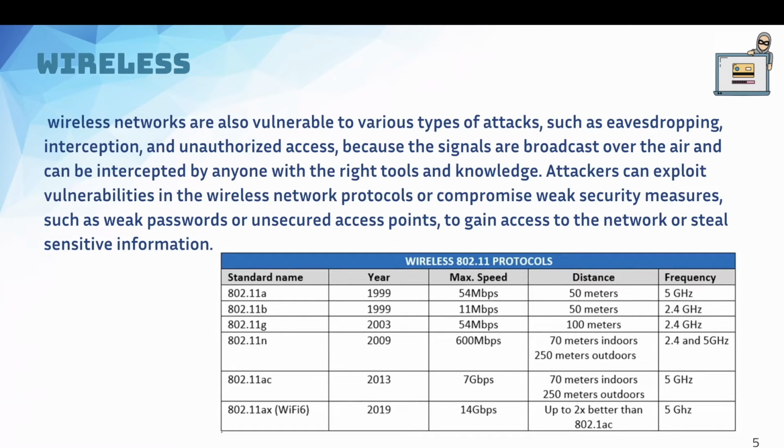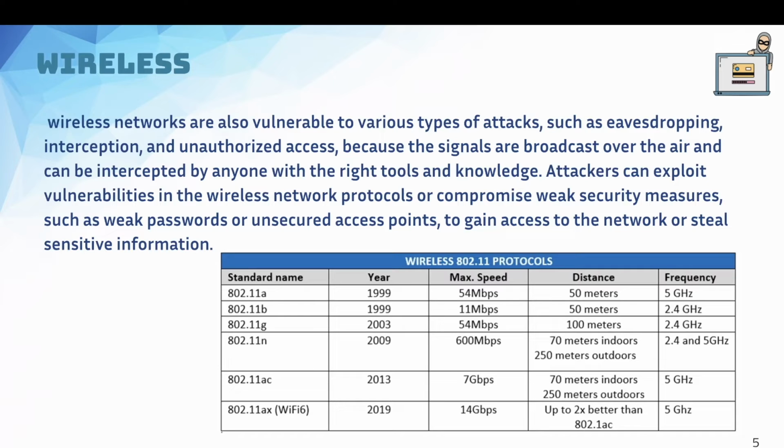802.11a, b, and later on we had g, introduced in 2003. In 2009 we have the n version introduced, which upped the max speed all the way up to 600 megabits per second with a distance of 70 meters indoors or 250 meters outdoors, operating on the 2.4 and the 5 gigahertz frequency. If we talk about ac, that was introduced in 2013, allowing for up to 7 gigabits per second